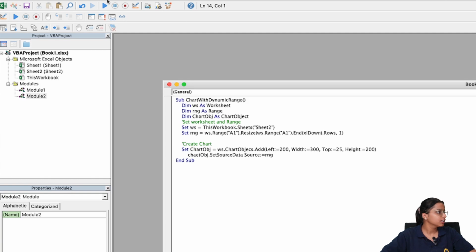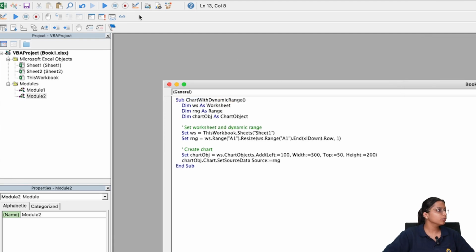Now we'll run it. This is the example for creating charts. In the same way, you can write a summary as well. Do give it a try, create a summary and then show me. Now you can run it.